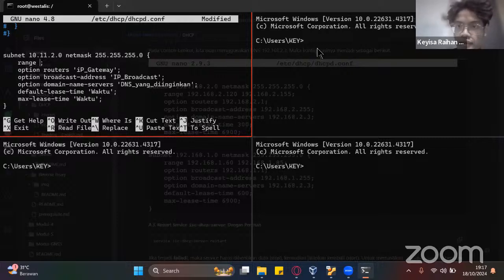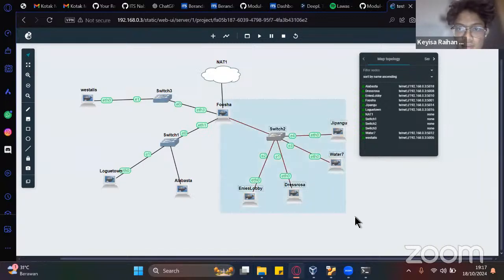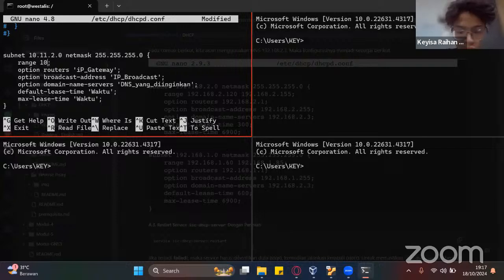You can set it to whatever you want. For subnet 2, there will be 4 clients, so the IP range you need to make is more than 4. So if I want to make it, maybe I'll start with 10 and then go until maybe 20, something like that. Okay, so for the router, we can set it to